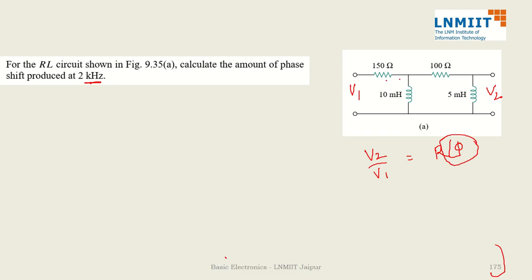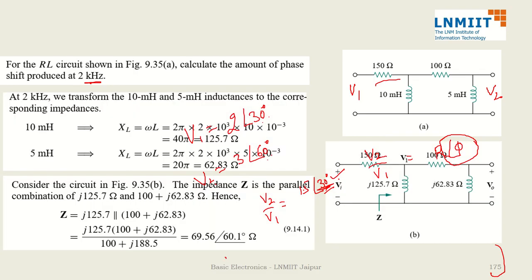How? Let me say V1 is 2 angle 30 and V2 is 3 angle 60. Looking at these numbers, you can say V2 is 30 degrees ahead of V1. So now if I take the ratio V2 to V1, what is that? 3 by 2, 1.5, angle 60 minus 30, 30 degrees. That's what I was looking for. So the phase difference between two voltages or two signals can be simply calculated by taking the ratio of the two and only focusing on the phase. This is what we will do in this question.